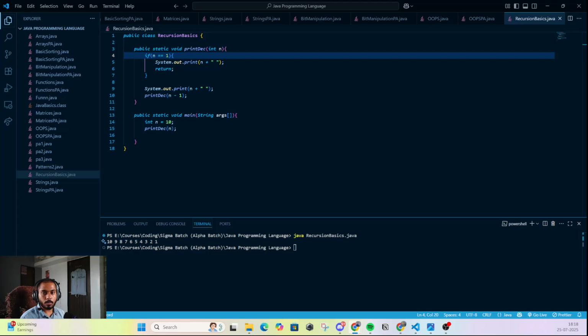Okay, so there is also a concept associated with that, which is stack overflow.